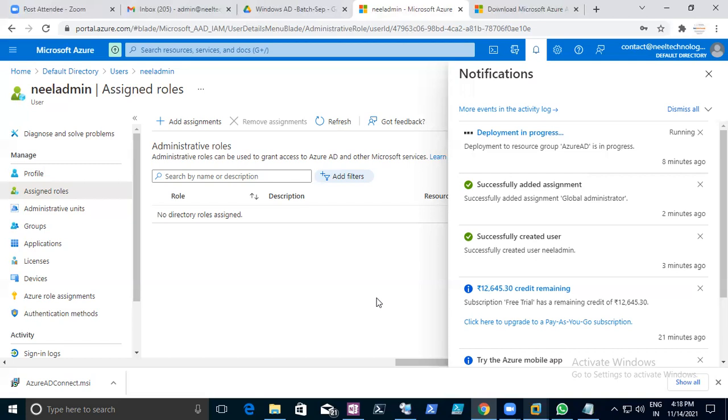So whichever user you want to provide access for in the Azure portal or Azure applications, you can provide them access. So there is no concept of a forest or domain controller in Azure. That is outdated now for Azure. Getting it?